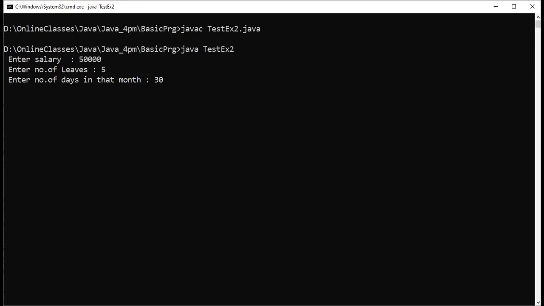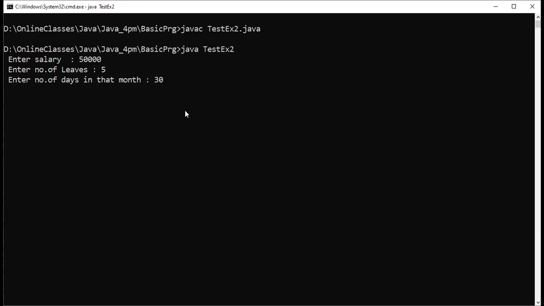Everyone calculate yourself. Calculate and ping me the answer, guys. He's working only 25 days. 5 days leaves in the sense, the company will calculate per day how much amount they are going to pay the candidate, so 5 days leaves means 5 days amount they will debit. They will provide salary only for 25 days.